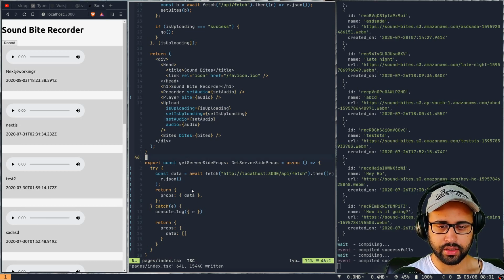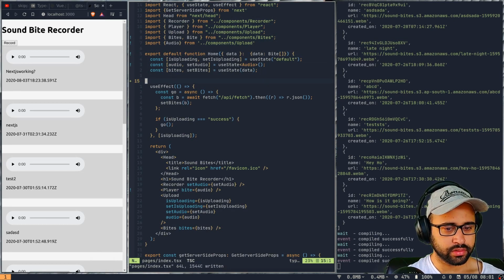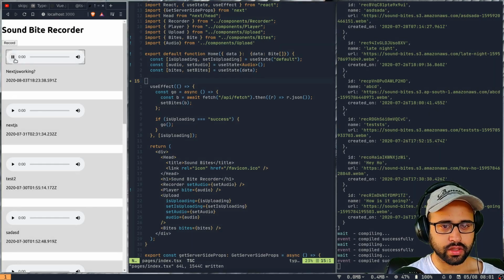We were passing it, the type expectations were incorrect, so I think that should be fine now. Let's see if everything is working.